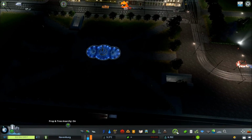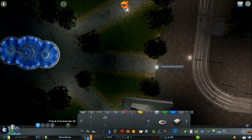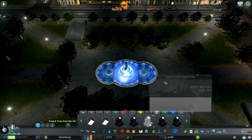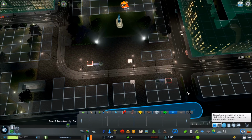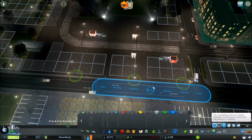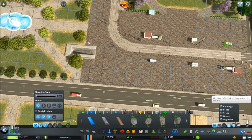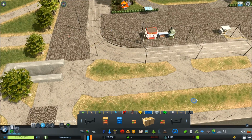But it doesn't really matter because, as you can see, even though it is a bit dark, people are still using it and walking down those walkways that I placed beneath the decal stones, I guess. And I like to place also my lighting completely by hand, not use any of those predetermined for roads,